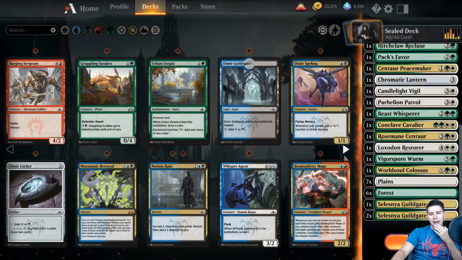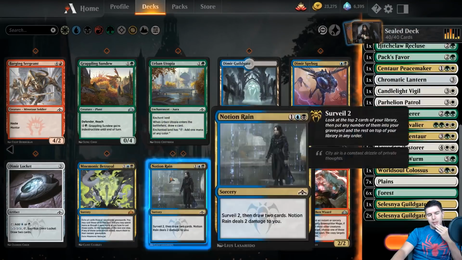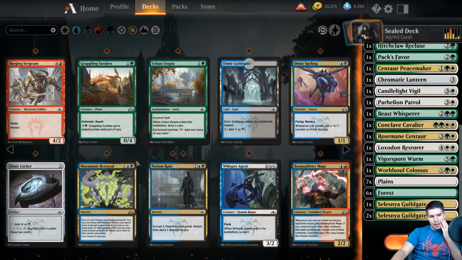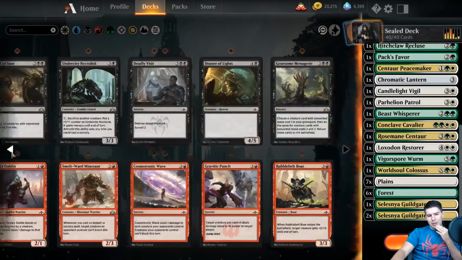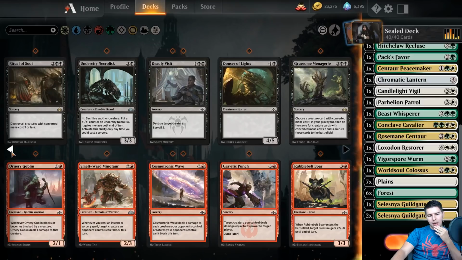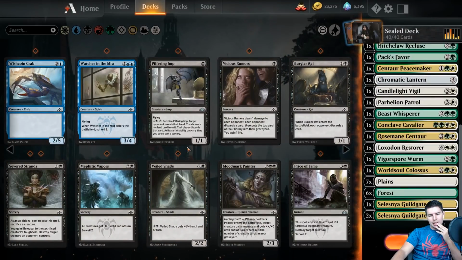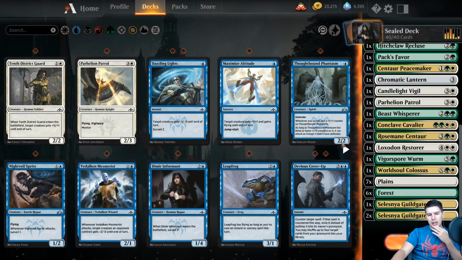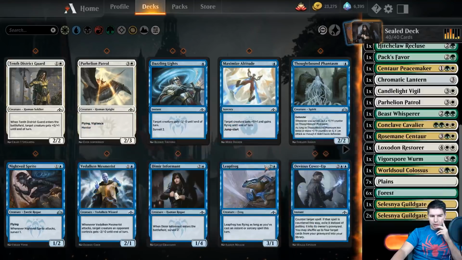Well, I mean, I guess I can already kind of build how it would be. It would be Dimir, it'd be Whisper Agent, Mnemonic Betrayal, Notion Reigns. I mean, it is really beautiful. Locket, I'm not as big of a fan of. Lots of removal, Burglar Rat. A lot of the removal that we have though is on the top end, so it's one of those, like, if we do come up against a more aggressive deck, we're gonna be in trouble. At the same time, then if we have a lot of our cheaper creatures,